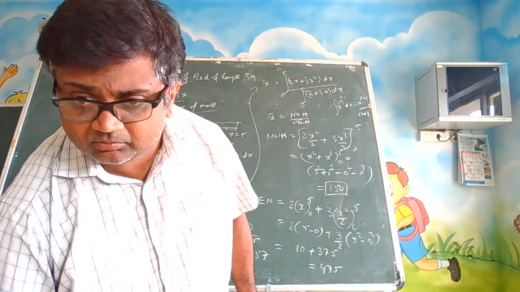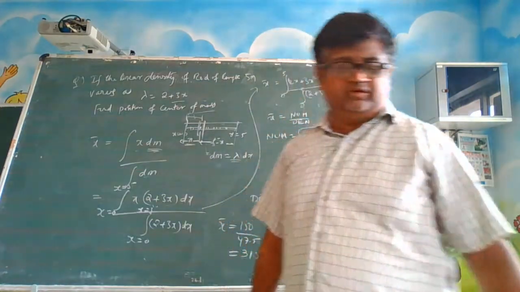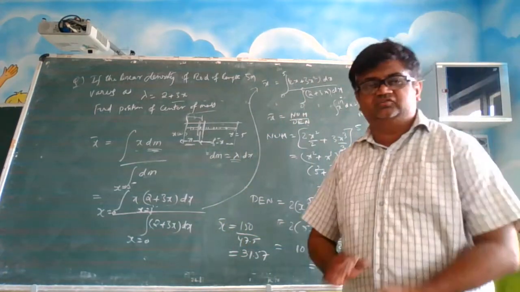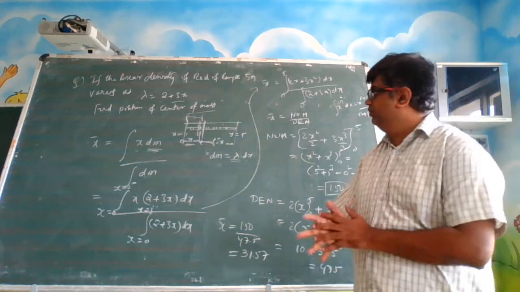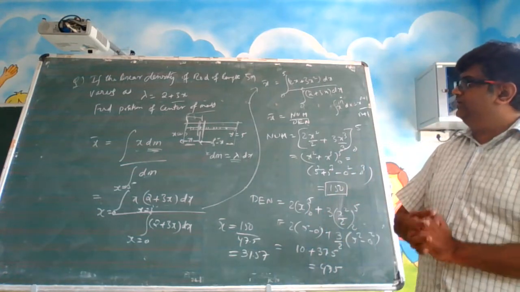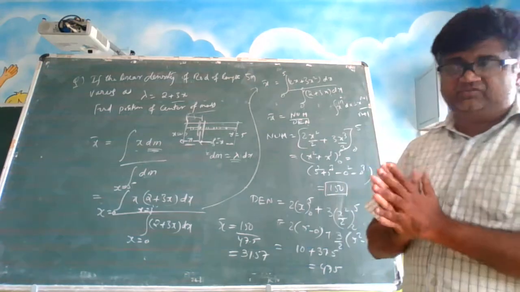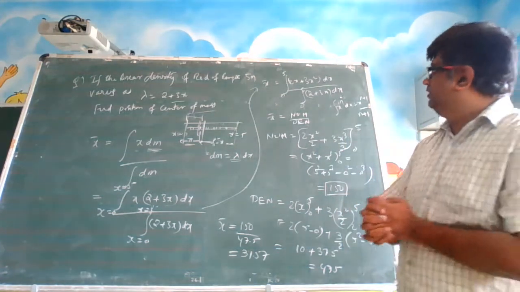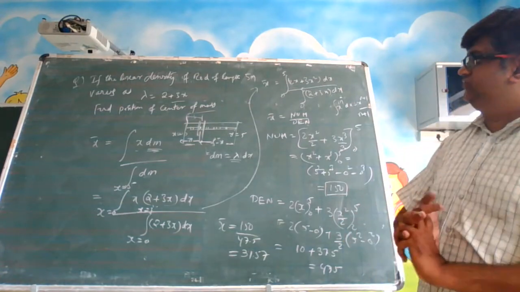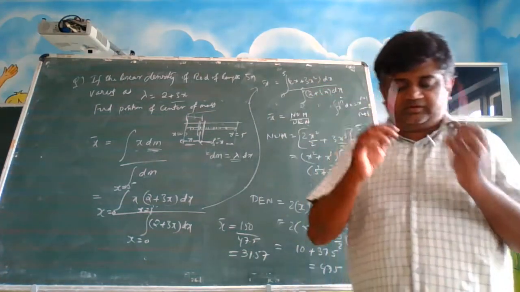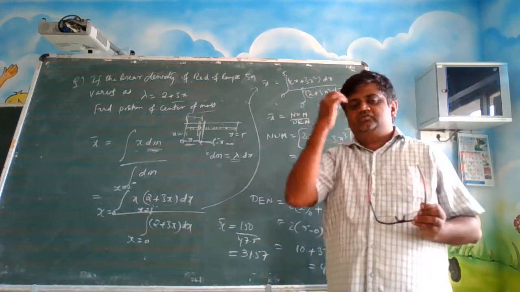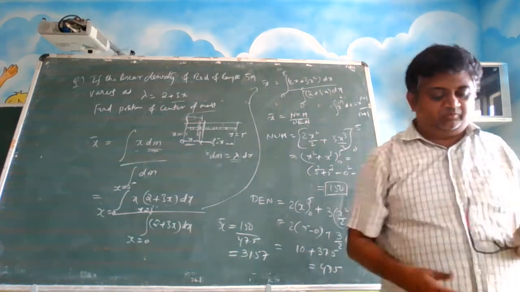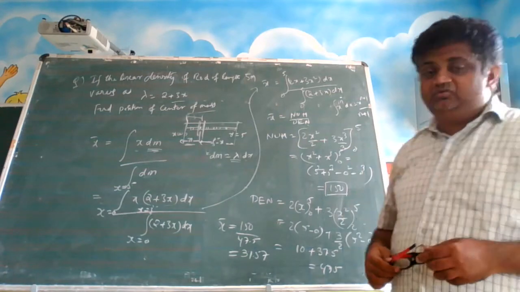So with this I will conclude today's class. Let's see in the next class some more concepts. Just make a note of all these points. Today we have learned about continuous mass distribution, how to calculate the center of mass if vectors are given, and we have seen one more example on the integration approach. Start solving from the material that has been given to you or the books you are following, and post your doubts. I'll try to answer back. Okay, take care. Bye.